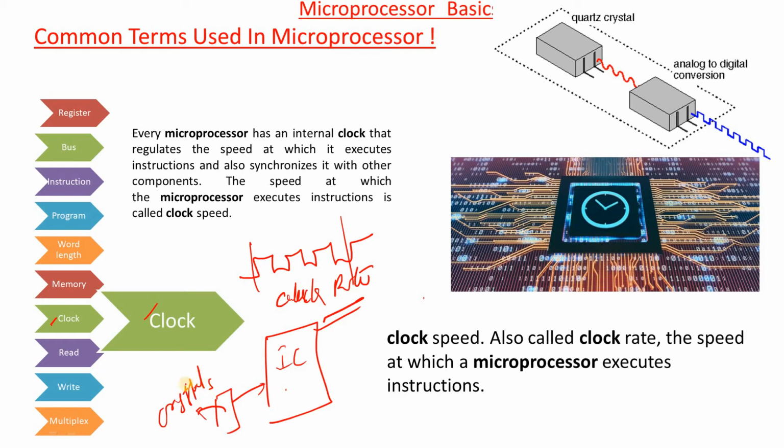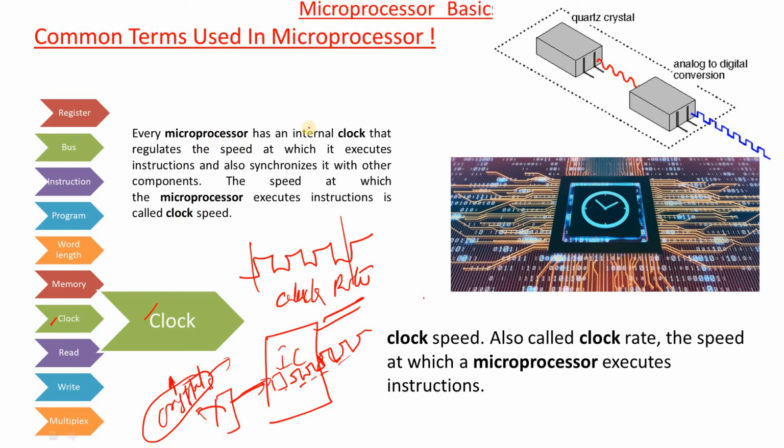Actually, we have so many oscillator sections, but only the crystal oscillator is preferable for generating a stable frequency. Because Hartley oscillator is there, Colpitts oscillator is there, RC phase shift, Wien-Bridge, different oscillators are there. Out of those oscillators, we prefer the crystal oscillator. Why? Because it will always give a stable frequency. That stable frequency is given to the IC with the help of the internal clock oscillator circuit. It will maintain a regular constant output of logic 1 and logic 0 at regular time intervals like this. With the help of these clock pulses, the microprocessor will perform that particular operation. That means synchronization of operation.